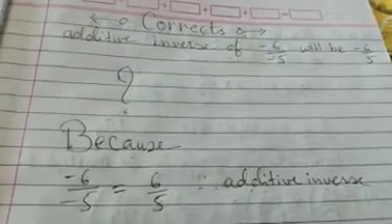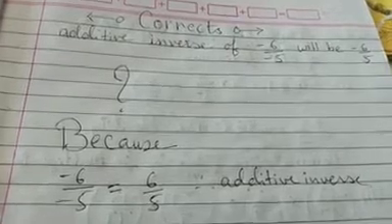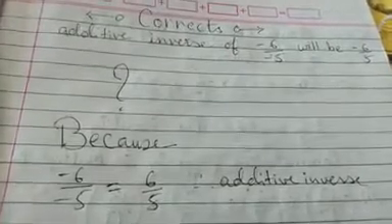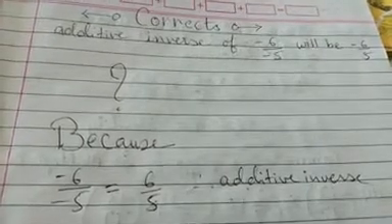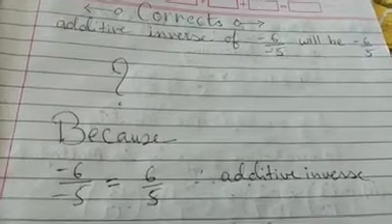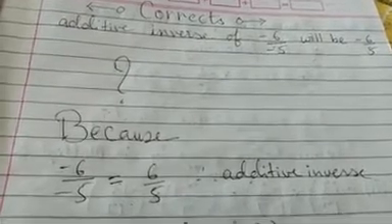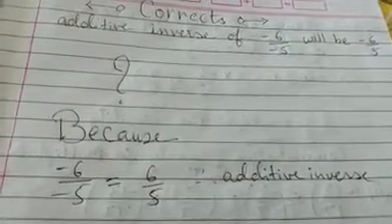Now see, I saw your homework and I found that almost all of you have made a mistake in writing the additive inverse of minus 6 upon minus 5. So I felt I should correct it, and I have put the corrections in front of you, and I would like to explain how it happens.